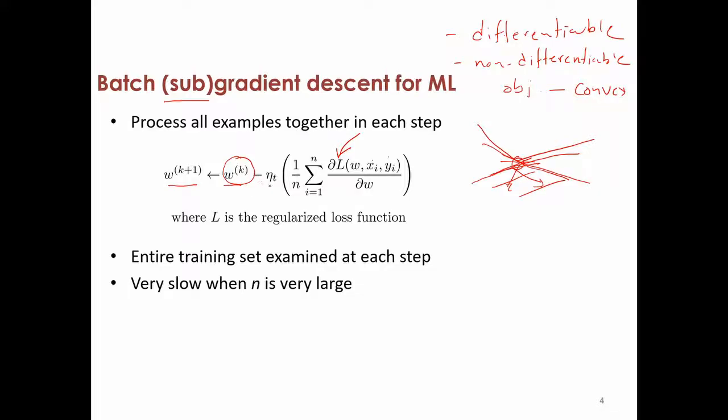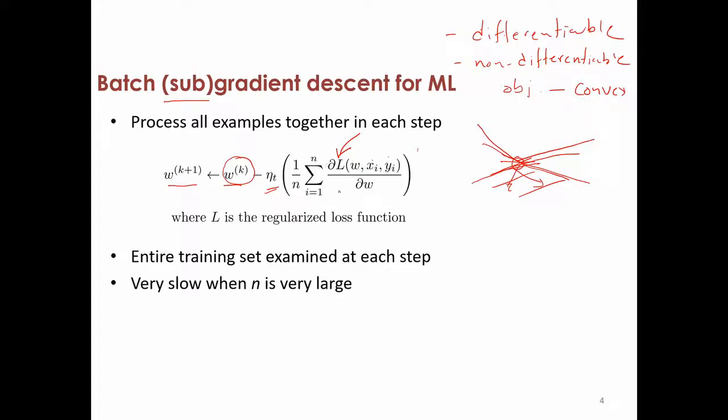You take a step, so you deduct a step size, where eta t is the step size, times this gradient of the objective function, or subgradient of the objective function, with respect to the parameter